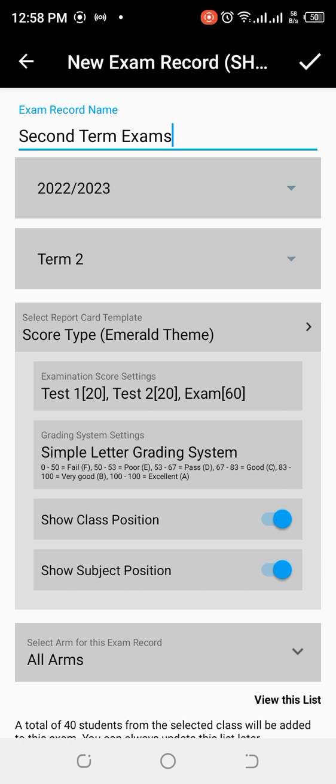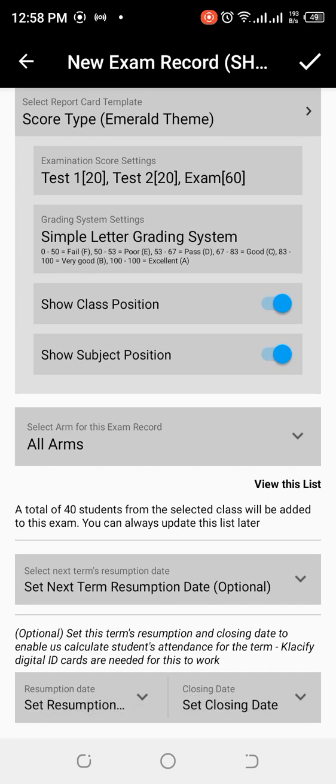It brings them out. So now we also have updates for class position and subject position. Before now there was no update for showing class position. If you turn off the subject position, it automatically turns off the class position. But now there's an option to use either of them. Then you select the arm,